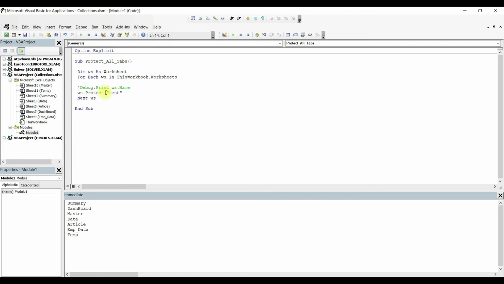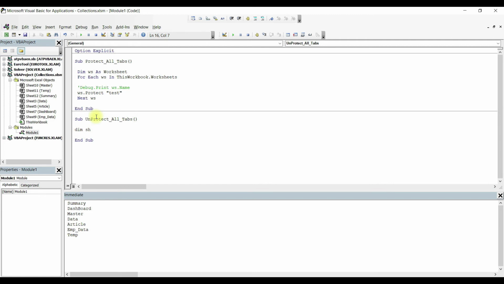To become familiar with writing this type of code, just write a simple macro, unprotect all tabs. Everything is same. Dim. First we need to define one variable. So I was taking WS, so we can take a different one here.